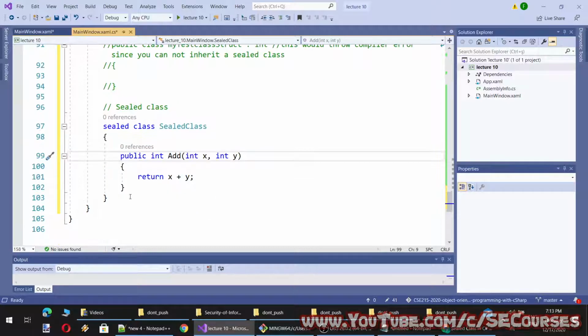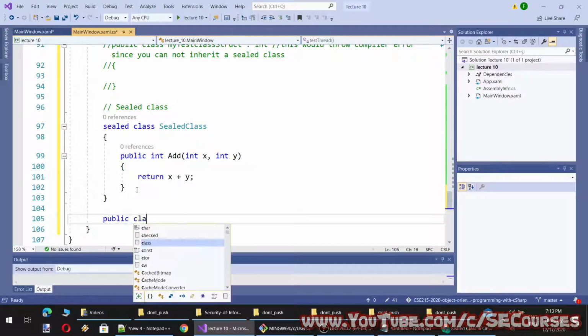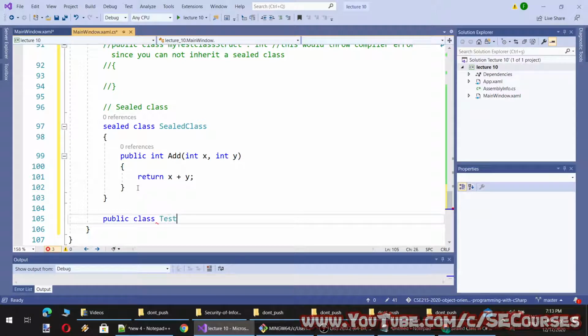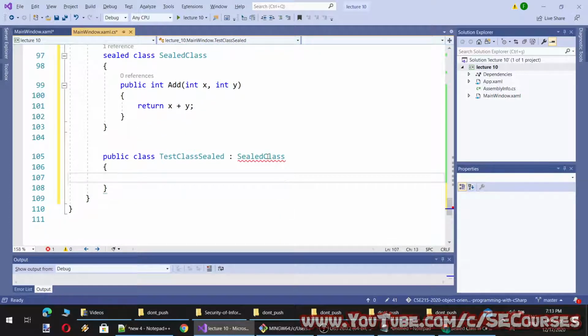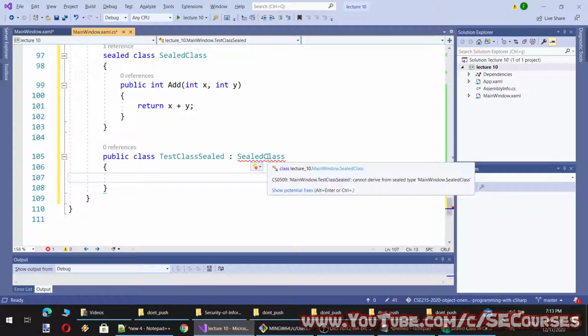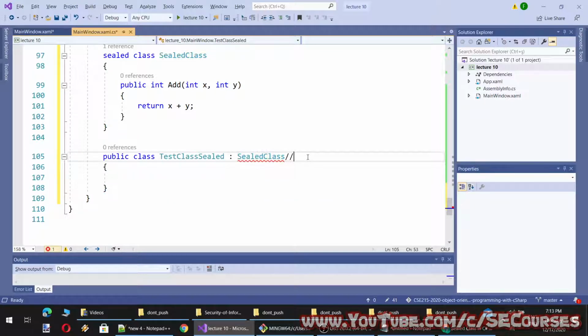So let's show what we mean. I will try to inherit this one. You see, cannot derive from sealed type, sealed class. Okay.